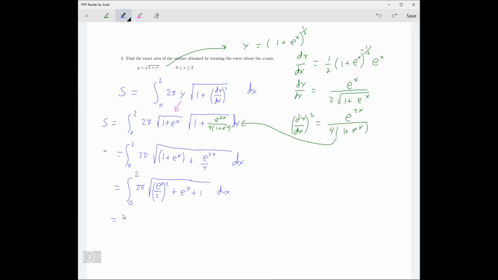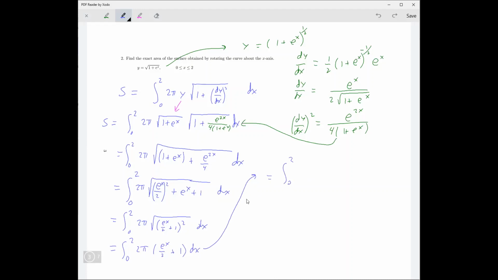Going from 0 to 2. But that's just e to the x over 2 plus 1 squared. Okay, so you have something squared and then the square root. Those two operations cancel each other out. So we just have that,